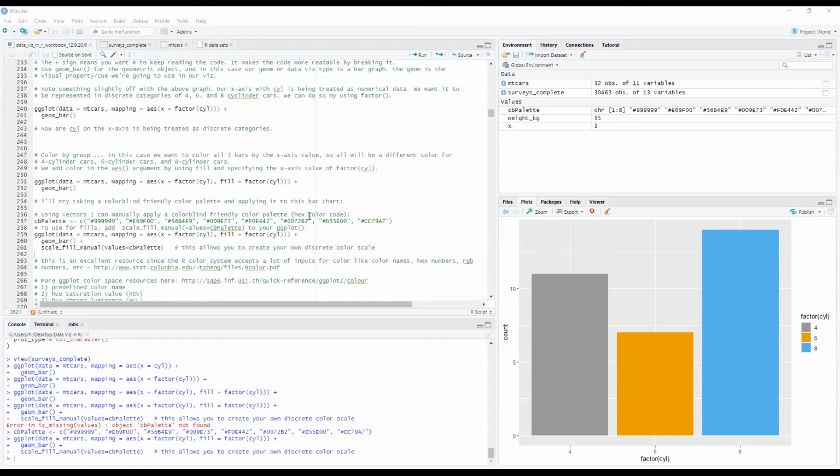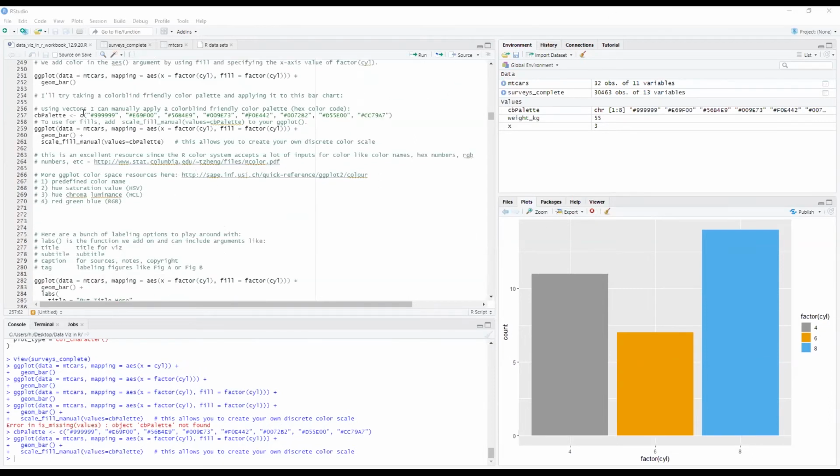The next thing I'm going to talk about is a little bit more about the colors. So here I showcase the hex numbers for each of these colors. If you want to be very specific and specify them by hex number, there are other ways to specify what color you want. In one of the PDFs that I gave you, it's called R color.pdf. If you take a look at that, it looks like this.